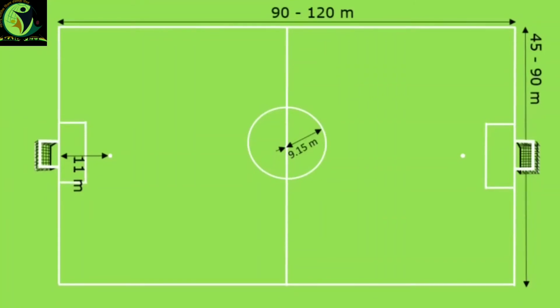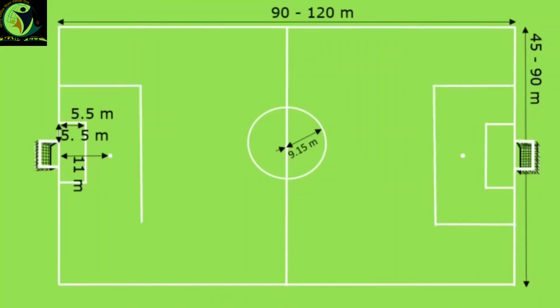They are called the goal area or the 6-yard box, which is 5.5 meters from the goal line, also referred to as the small D. Then there are big boxes called the 18-yard box or big D, referred to as the penalty area, which is around 16.5 meters from the goal line or 18-yard box as said.